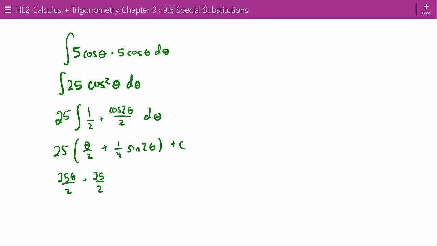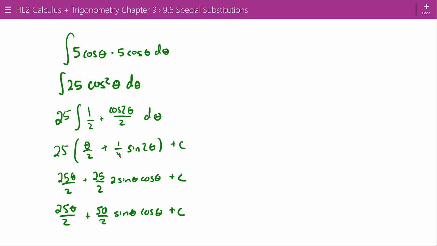But we don't want to leave sine 2 theta there. What we actually want to do is just have it in terms of boring, uninteresting theta. But sine 2 theta is 2 sine theta cosine theta, plus c. So we have 25 theta over 2 plus 50 over 2 sine theta cosine theta, plus c,